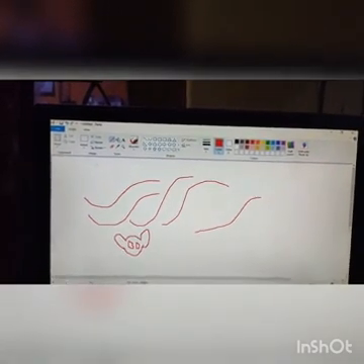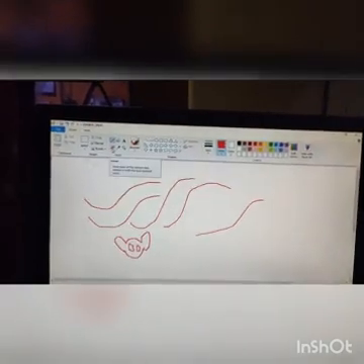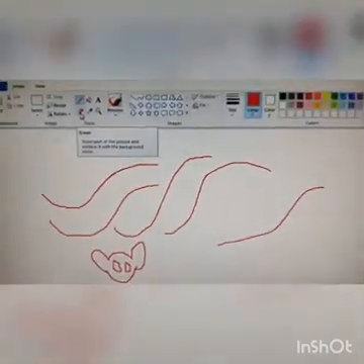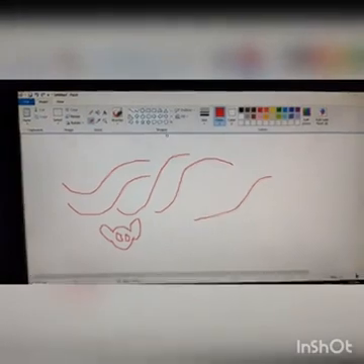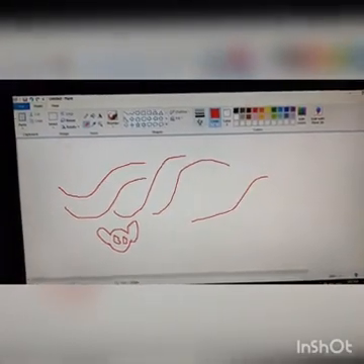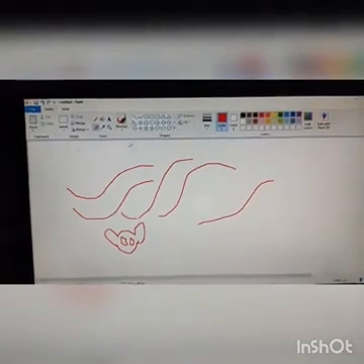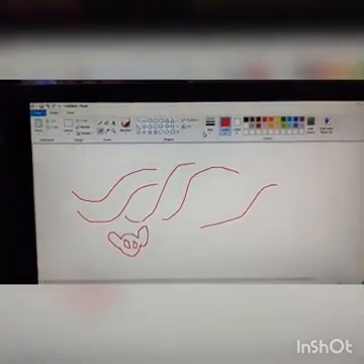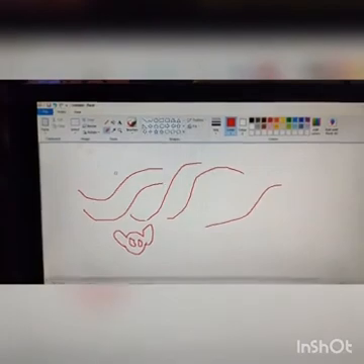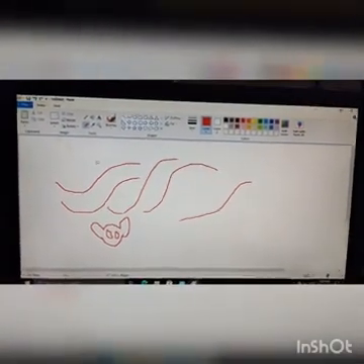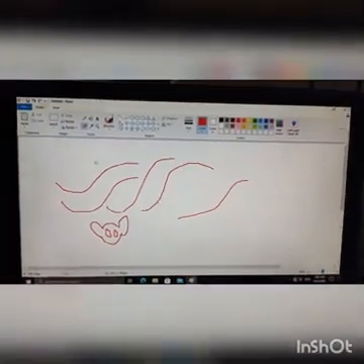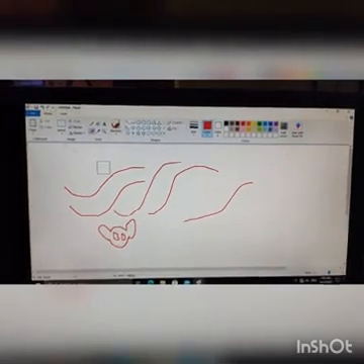Next comes the eraser tool. This is the eraser tool. I am clicking, so you can see the size from here. Okay, wait. You press Ctrl and plus, then you can increase the size of the eraser.